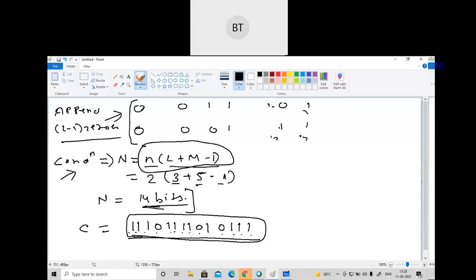So this is just the start. I have told you that convolution codes are actually very simple also. We just need to follow the process. If we follow the process, nothing is tough. So this is one problem which I have shared with you based on the convolution code. Now we will see what are the things which we are going to study in the convolution code. So I'm going to start.